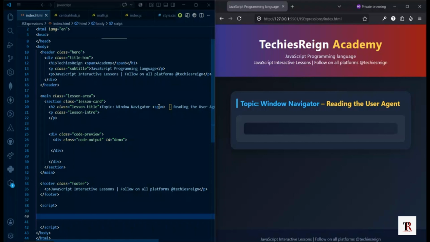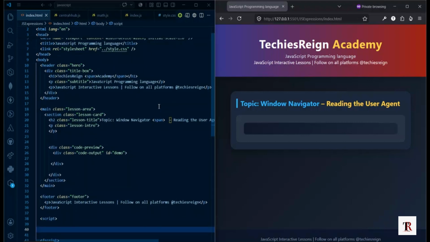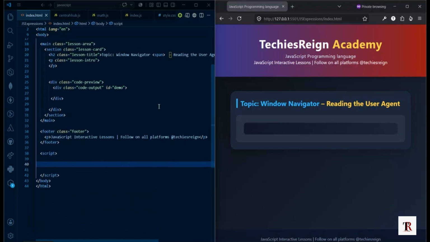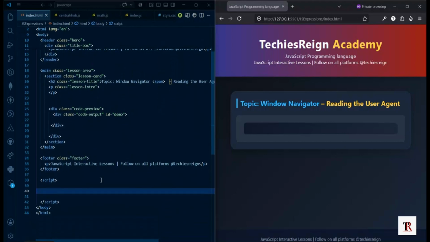Because without this information, you probably would be seeing things that are not really what you want to see in your browser. This information is what enables the server to give you something that will be fitting for your screen. So let's look at the example that demonstrates how this property can be used to read the user agent of